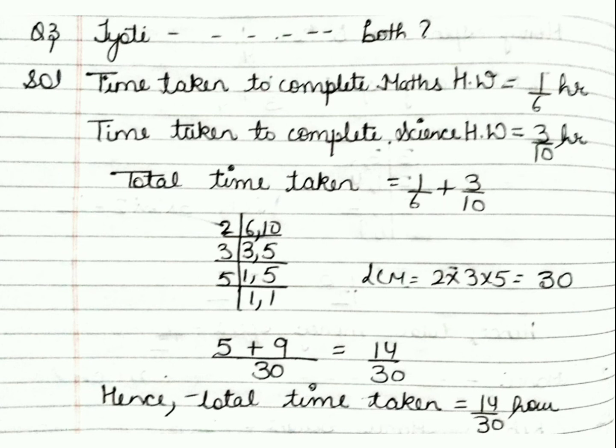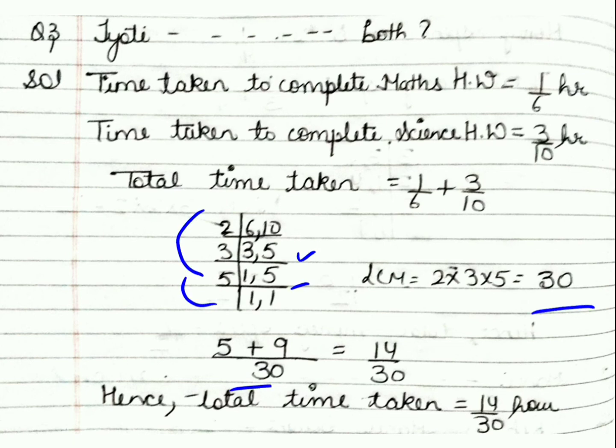Then you have to find out the LCM of 6 and 10. 2 tables, 6 and 10 both come. 2 table 6 comes at 3s are, 2 table 10 comes at 5s are. Now 3 and 5, you will see firstly 3. 3 comes in 3 table, so you write 3 table 3 comes at 1s are, 3 table 5 does not come, it will be copied down as it is. Then you see 5, 5 comes in 5 table at 1s are. Now what do you do? You have to find out the LCM. How? 2 3s are 6, 6 5s are 30. So LCM will be 30.